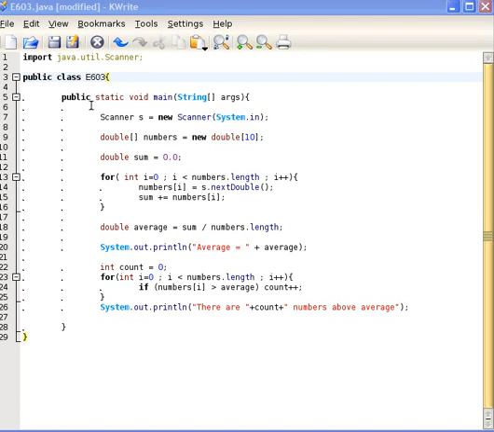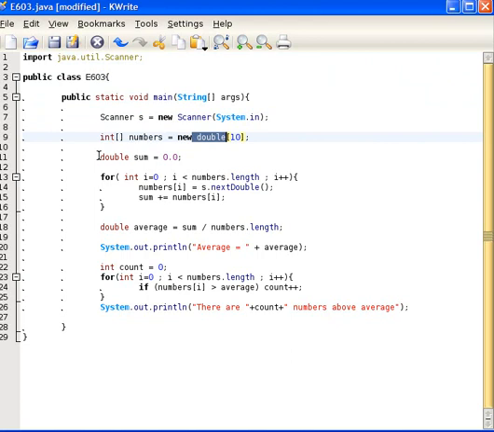Exercise 603, I'm going to reuse, as you can see, exercise 601 here. Okay, why? Because we have pretty much the same thing going on here. We still need a scanner. We're going to initialize it, but instead of having an array of double, we have an array of integer, which we need to manipulate. The purpose of this exercise is to read 10 integers from the user and to display